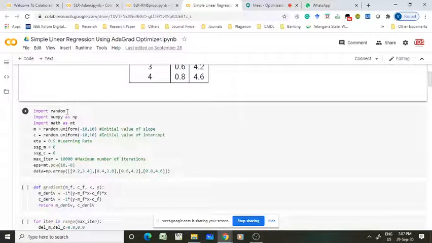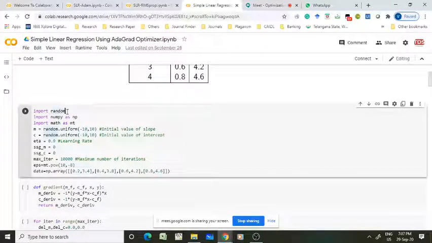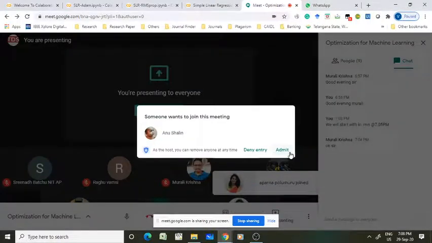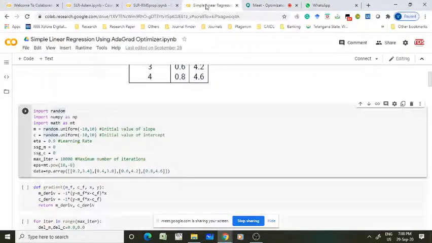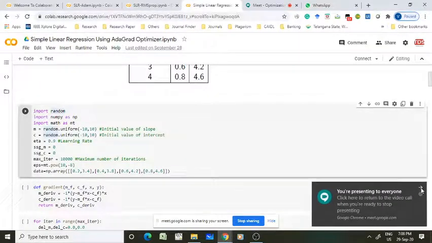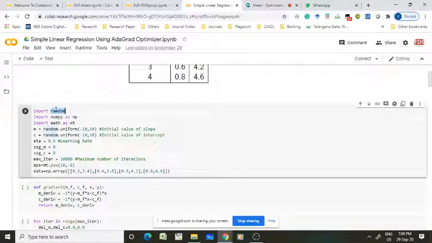Fine. So first cell, where we have to initialize all the parameters. Import random, which is a library used to generate random values for model parameters m and c. Import numpy, which is used to do matrix operations in Python, and import math to do mathematical operations.